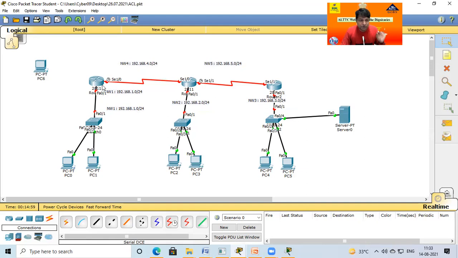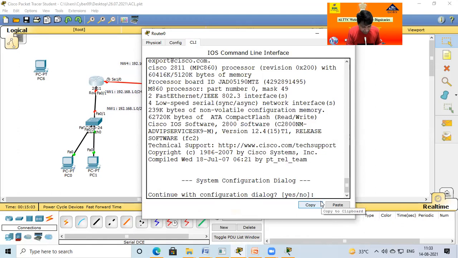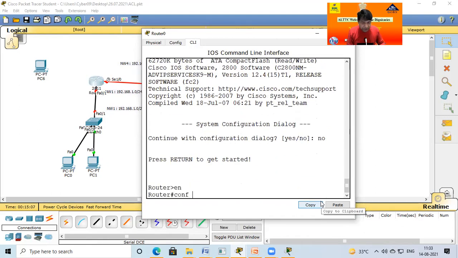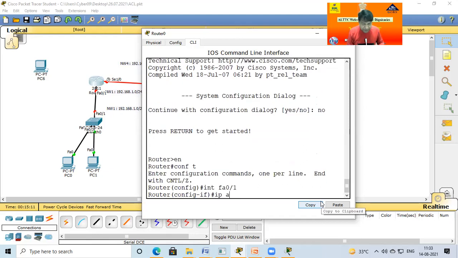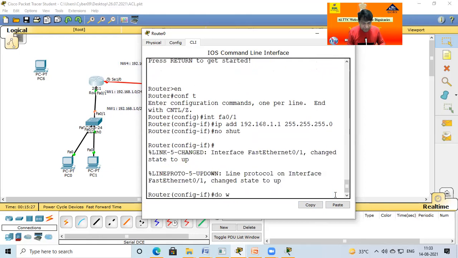You are already aware of this. So I click on this router 0 and go to the CLI. The first-time question, yes or no: no. Then enable, then conf t, then int fa 0/1, ip address 192.168.1.1 255.255.255.0. Press enter, no shut, then do write and exit.